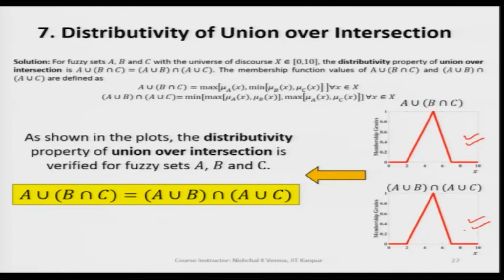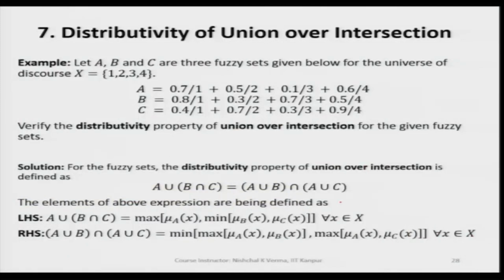So, we can say here that the distributivity property of union over intersection is verified, or in other words we can say distributivity property of union over intersection holds good for fuzzy sets as well. So, now the same can be checked by taking the discrete fuzzy sets A, B and C. So, here we have taken three discrete fuzzy sets,